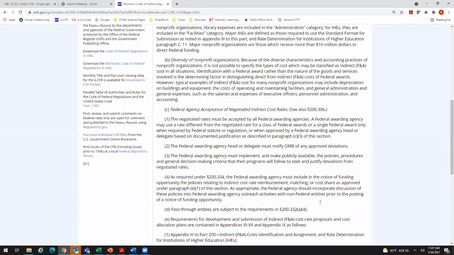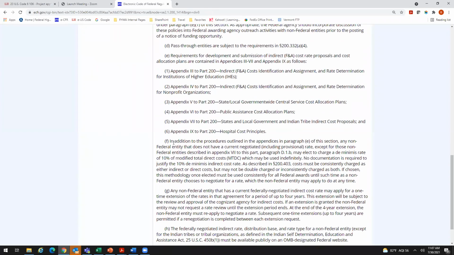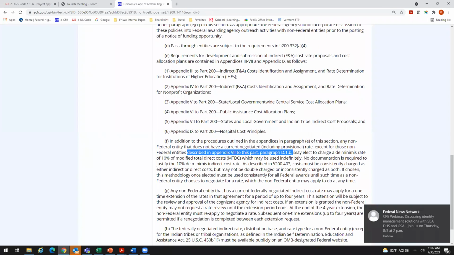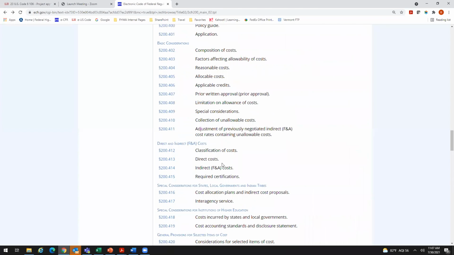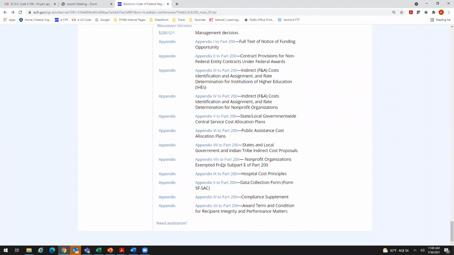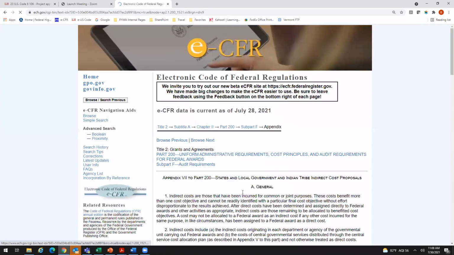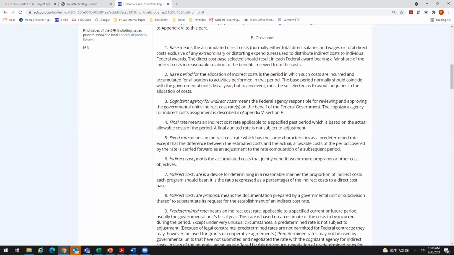And then down here under indirect costs, it says, in addition to the procedures outlined in the appendices in paragraph E, any non-federal entity that does not have a current negotiated, including provisional rate, except for those non-federal entities described in Appendix 7 to this part, paragraph D1B, may elect to charge a de minimis rate of 10%. So now we're going to go to D1B in Appendix 7. So in Appendix 7, in part D1B, it says,